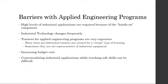And because of that high levels of industrial applications, it makes it really difficult because, number one, the technology in the industry changes so often, so frequently. It's really hard to keep up with. And then on top of that, the trainers for our programs are extremely expensive. You all know this, and if you're a four-year university like we are, we're not privy to like Perkins funds